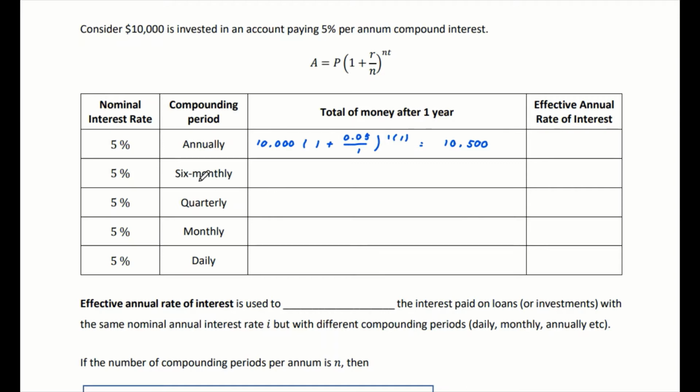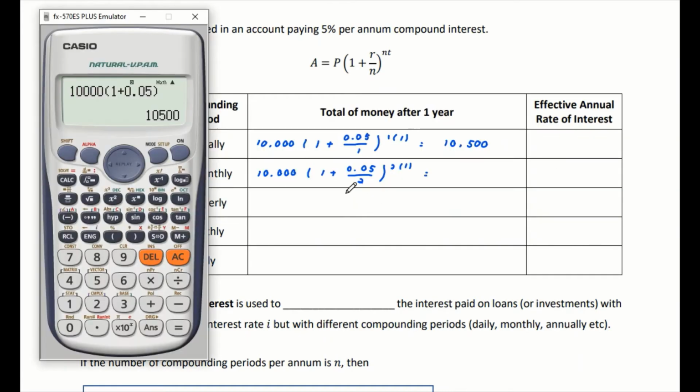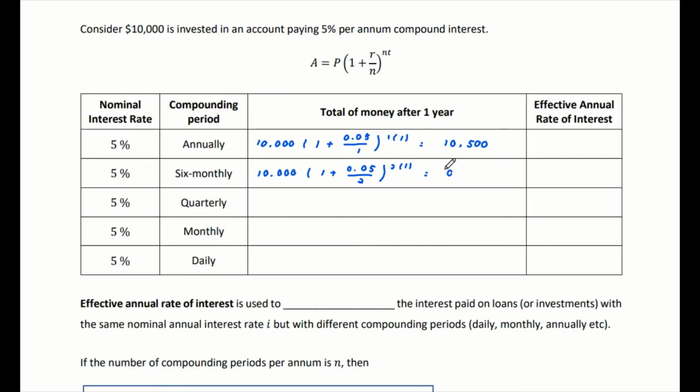So now let's look at 6 months. The same thing, the principal is going to be exactly the same. And then 1 plus 0.05, because it's compounded 6 monthly, right? So that's 2 times in a year. So we will divide by 2, and after that 2 times also 1 year. All right, then from here, same thing, we can use our calculator. So 0.05 over 2, and then to the power of 2 as well. So from here, we'll be able to get the total amount of money in our account, which will be